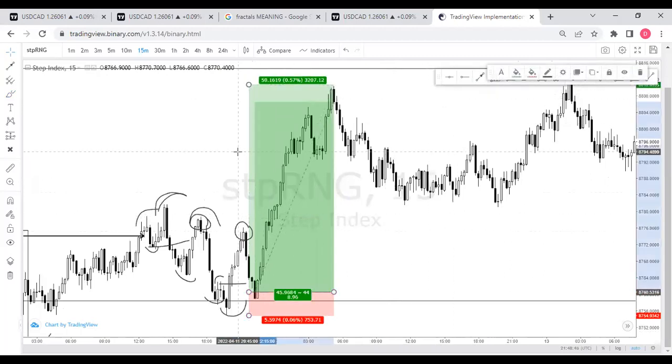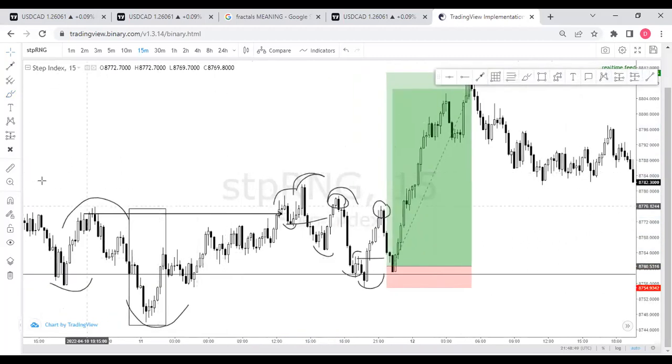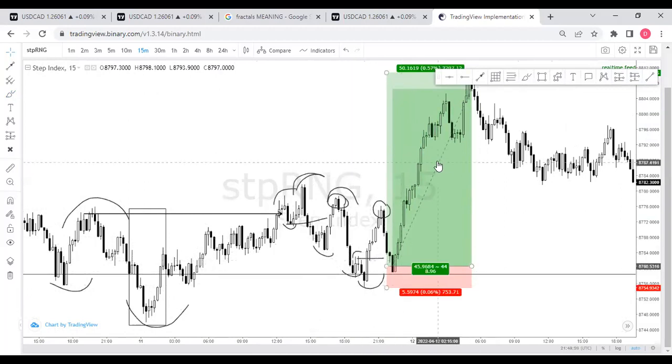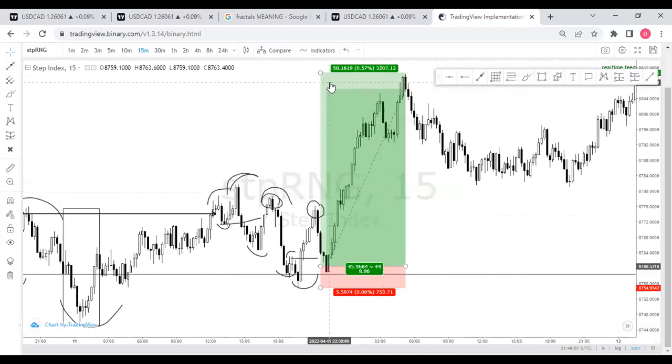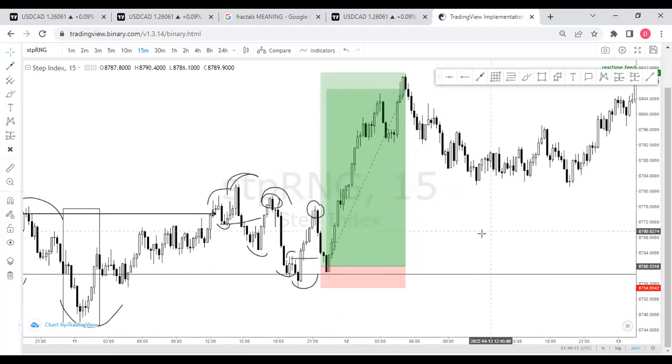I mean, just by marking out your point of interest, going down to the lower time frame, seeing the first accumulation here, and then I marked out my point of interest again. When price was coming in that bearishness, I waited for another accumulation, boom, and I got in here, and it gave me 1 to 8. If I was risking $10, I would have gotten $80 on this trade. I mean, $80 for the week, bro. You're good, man.